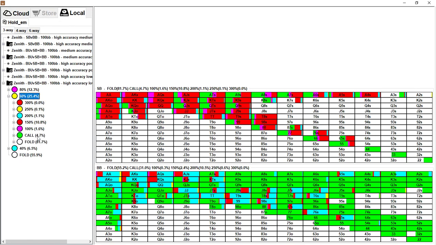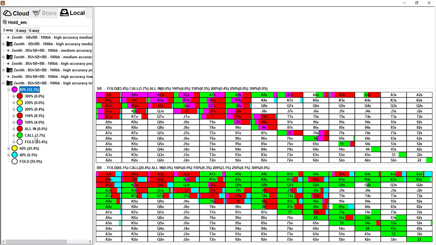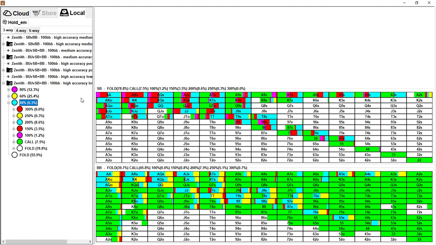Against a slightly bigger open, there's much less calling, and the hands that would have called go into raising instead. And against the bigger one, there's not a lot of calls and far more raising. So in the small blind you can have some flats, but the kinds of hands that flat are fairly middling,